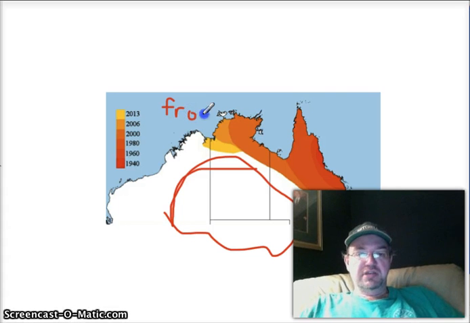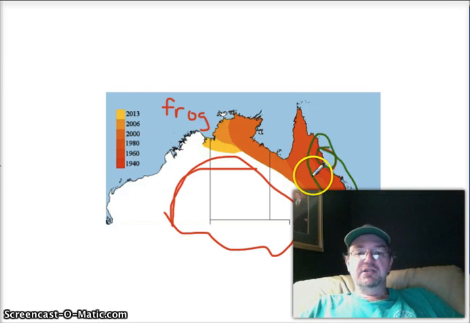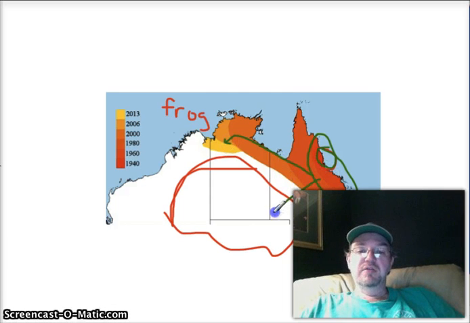1940 the frog was in the darkest of red, which I believe is just this little area right here. And I'm using the wrong color, that's for sure. Just this little area right here is where the darkest of red is. Then by 1960 it had grown to an area like here, but notice it started spreading out along the coast by this year, 2013. It did not go this way because whenever you have these frogs which are hopping around